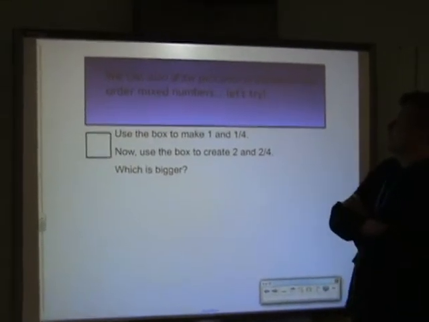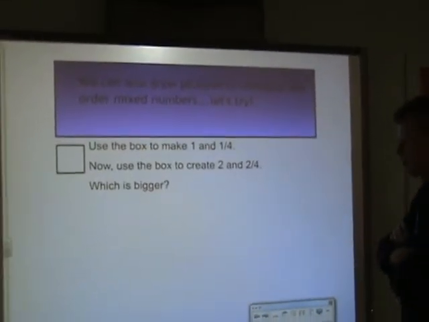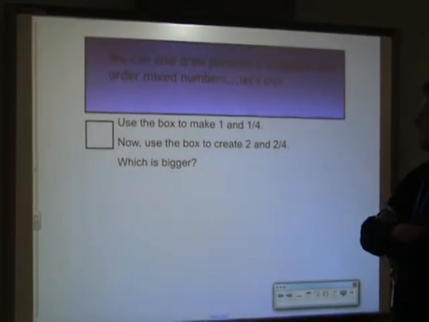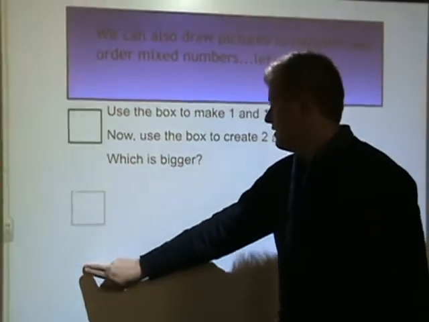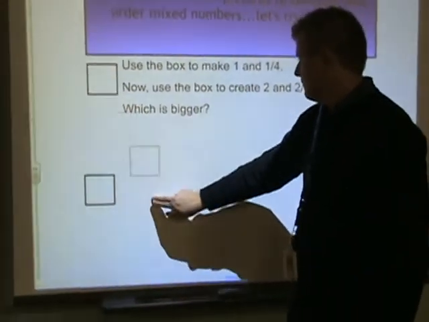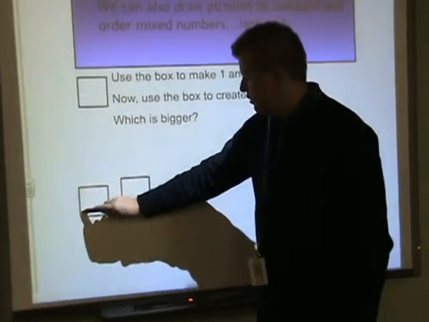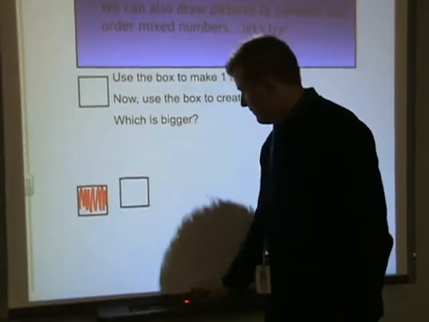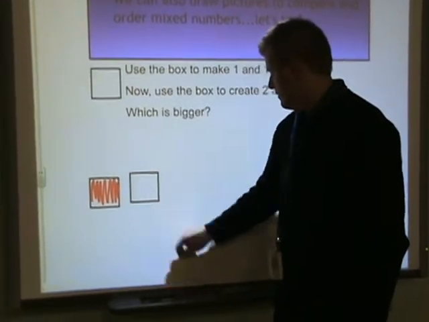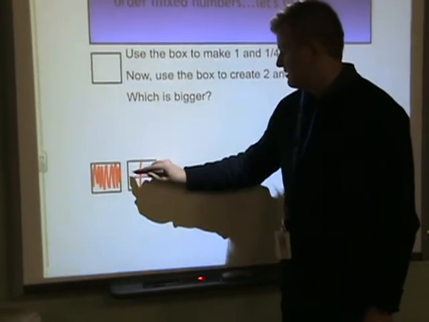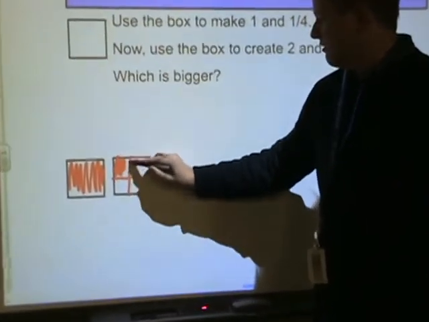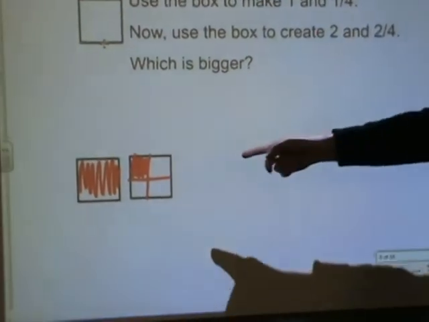You can also draw pictures to compare and order mixed numbers. So let's try that. I want to see 1 1/4, and then I want to see 2 2/4. Okay? So what I'm going to do is I'm going to use these boxes. Okay? This is my 1 whole. I'm going to color that in. This box is going to be my 1/4. So I need to break it into 4 pieces. And only 1/4 of it is colored in. All right, so I've got that going for me. That's 1